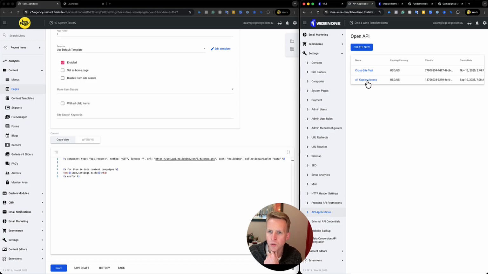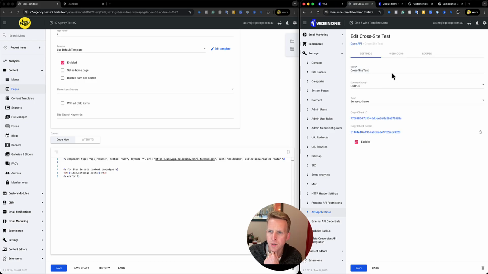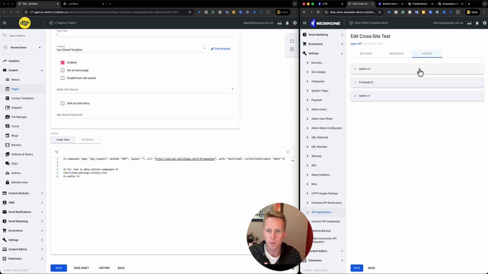What we can also do is set up scopes now. So a scope is basically just an area of data or sections of the system that you allow this API project to access. Because often when we're setting up a specific API application, we just want it for a particular purpose. Like in my example, I only wanted to access the